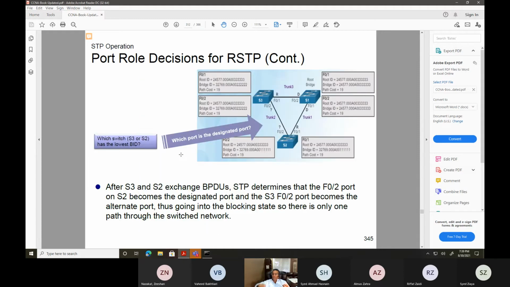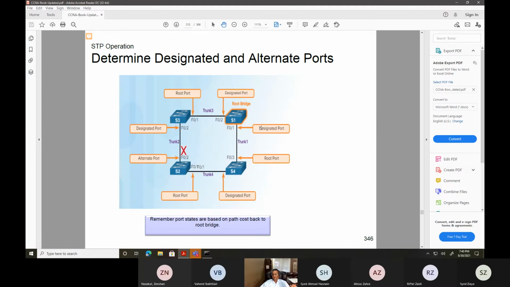You can also manually change it, and we very frequently used to do it, because we want to do the selection ourselves rather than letting STP decide which one becomes the root bridge and the designated backup switch.